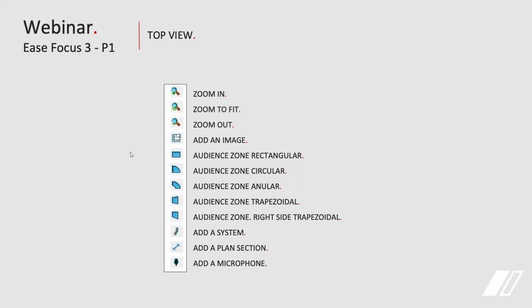Then we have different shapes of audience areas, or audience zones, I should say, to better attack our projects. We have a rectangular, a circular, angular, and trapezoid. All of these are just basic shapes, and then we have a right angle trapezoid. Add a system is where we'll be able to go to select any of our systems, our GLLs that